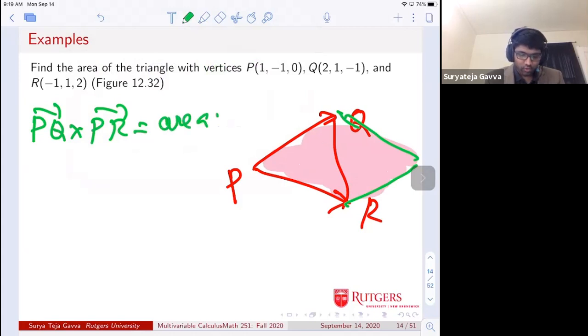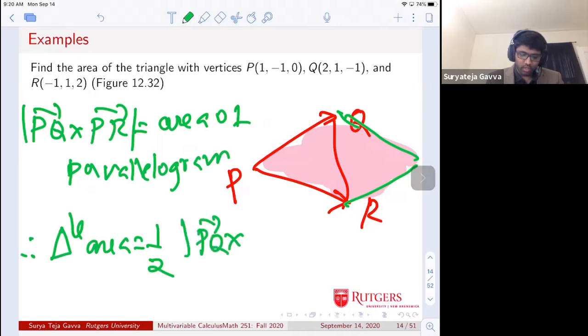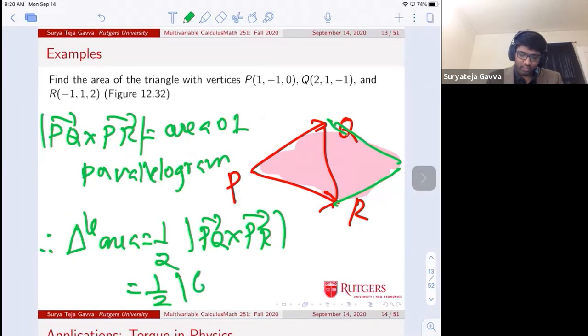As I said, if you compute the magnitude of PQ cross PR, you get the area of the parallelogram. Therefore, the triangle area is half of it. So it's half of the magnitude of the vector PQ cross PR, which we found is 6i